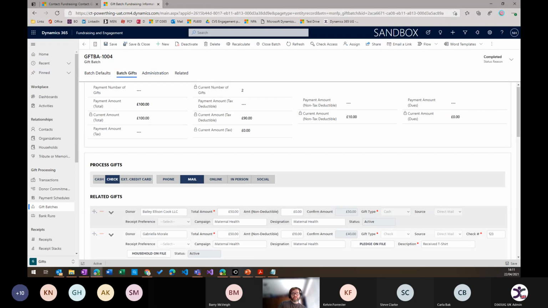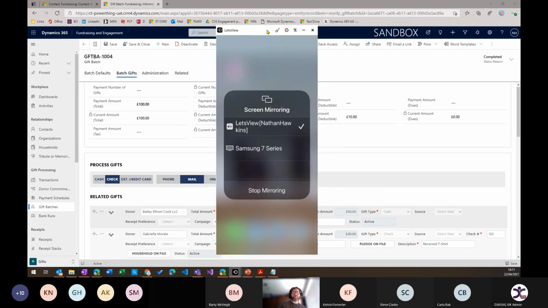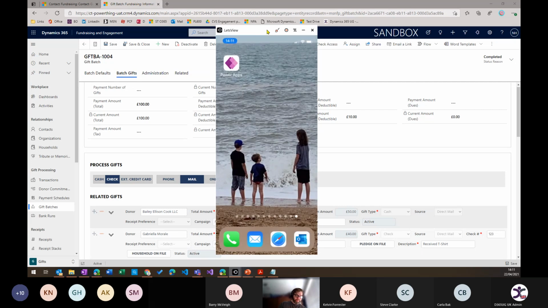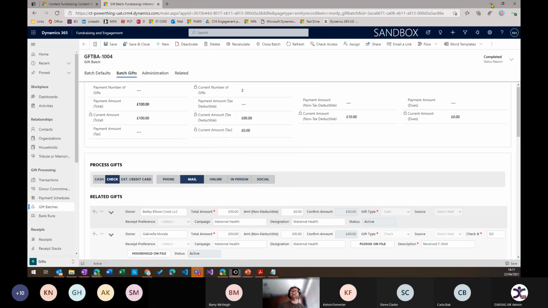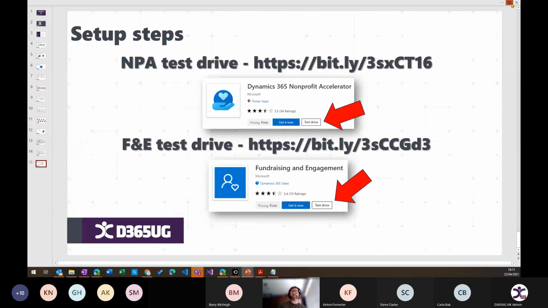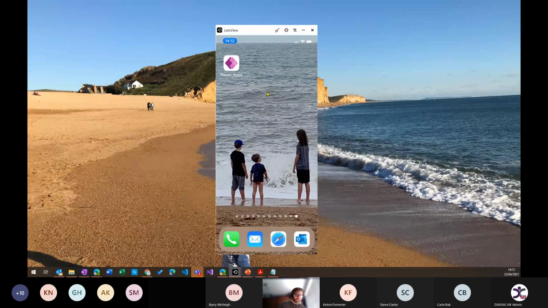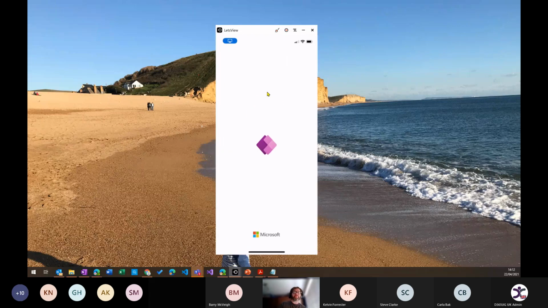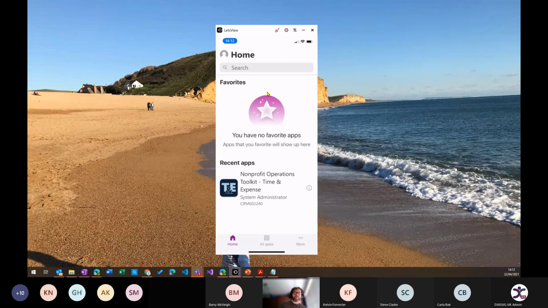Okay, here we go. So what you can do is, if you install the Fundraising and Engagement solution on your Dynamics, you will get some Power Apps spun up as well, and one of them is just around timesheets and expenses. So if I fire that up on my phone, you see I've got this time and expense